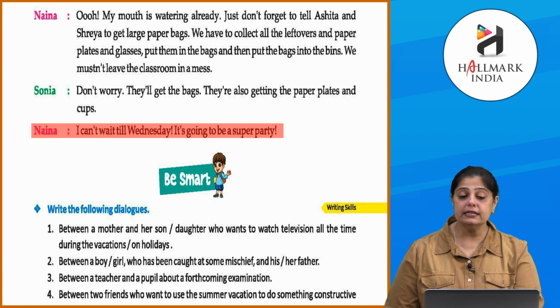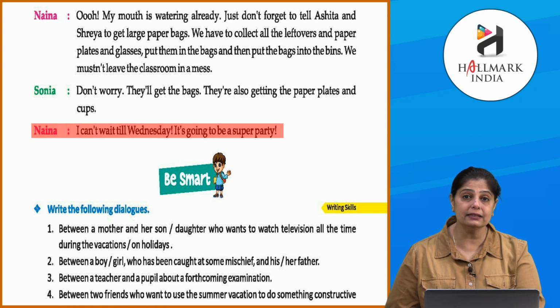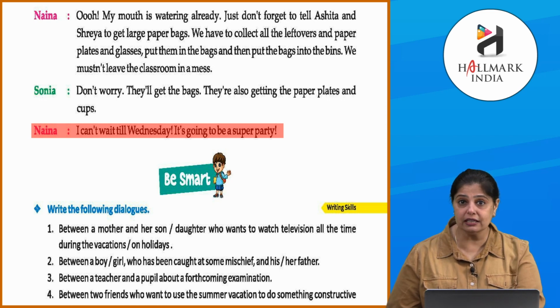So children, you saw the conversation between these two. They have started by talking about food. But you saw that when we organize a party, we consider everything. Food is considered, decoration is considered, getting things is considered. So in these dialogues, in the conversation, everything is what they have focused on. They focused on the food part, the decorations, and they have ensured that in the classroom, as they have instructions not to stick anything on the wall, they have thought of getting strings in place of that. So everything is written so nicely and so systematically.